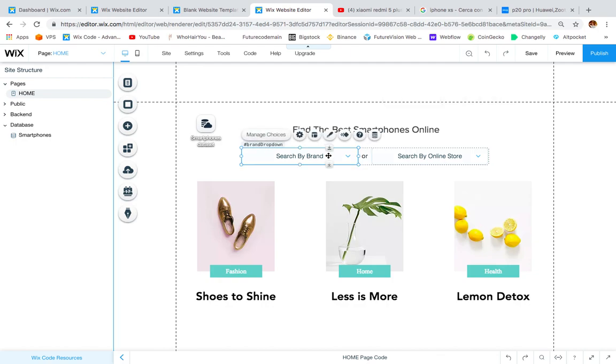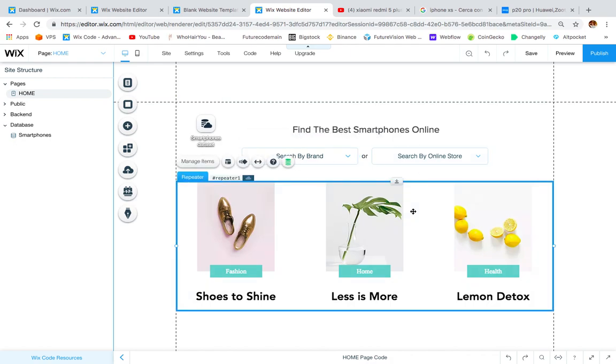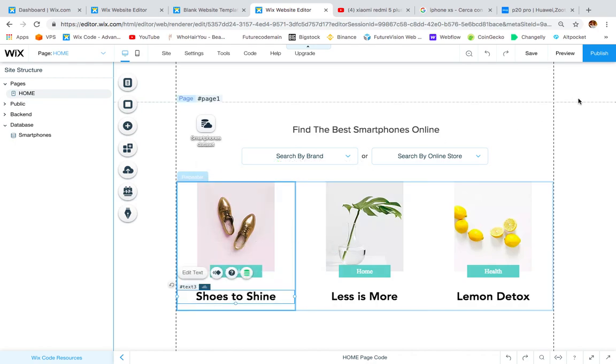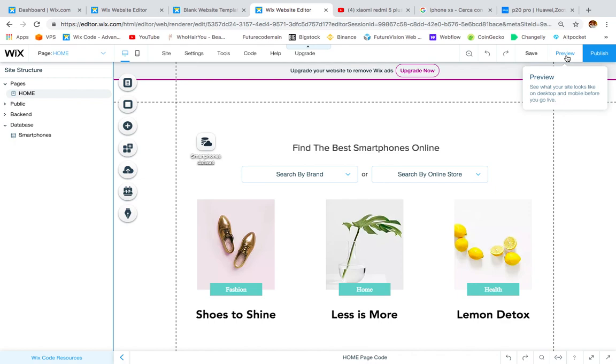One is search by brand and the other one is search by online store. And here is a repeater that has an image, a label and text. So this is what I'm talking about. Just stay with me. Okay, if I click on preview,